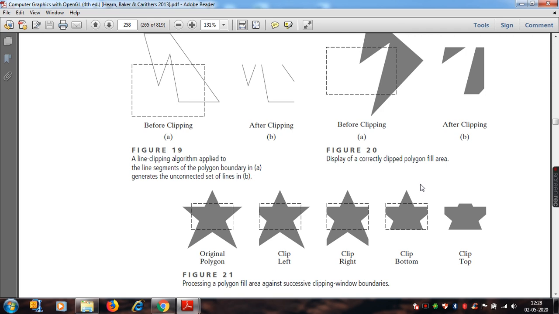We used to find out the intersections on all the 4 different edges, to make sure whether the line is exactly within the clip window or not. If the line segment is within all 4 edges, then definitely it will be processed because it is entirely on the inside of the clip window. That's the meaning.